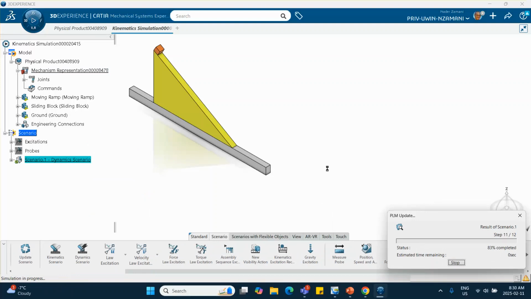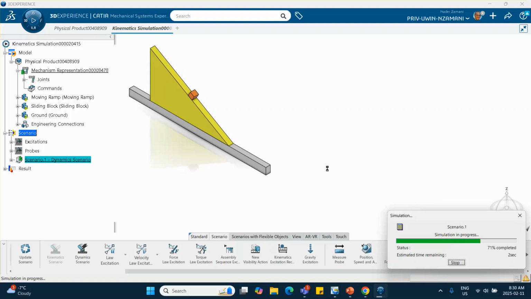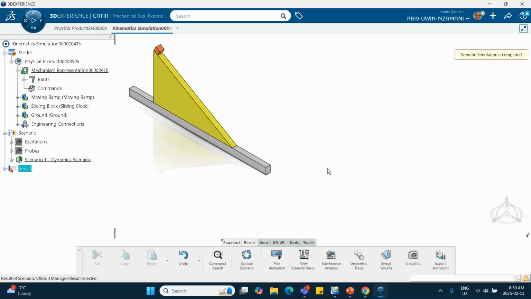Okay, wait for a second. The block will slide down. Okay, good. That's exactly what happened. The block slides down and the ramp goes to the left, right? Okay, let's look at some results. If we go and look at the view scenario results,